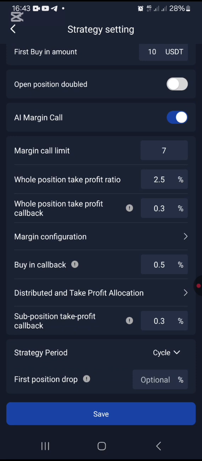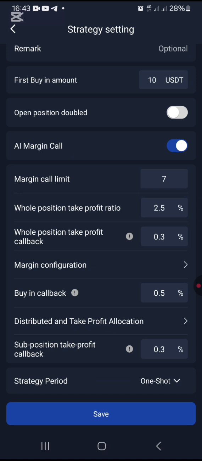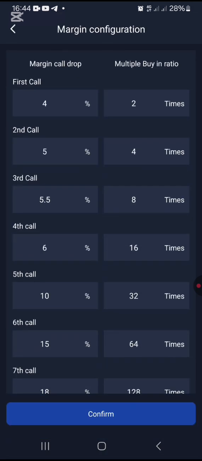Buying call back, I leave it at that. Then I leave everything as stipulated by the system. I change it to one shot, or you can use a cycle according to your wish. Then when you come here on the margin